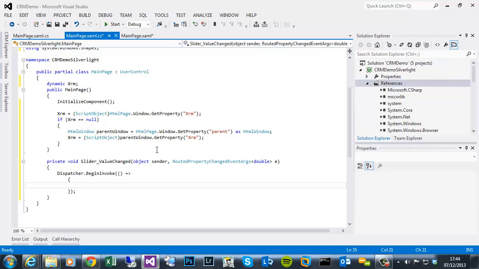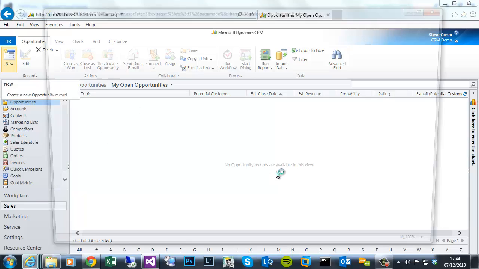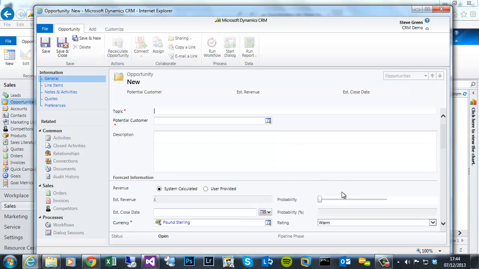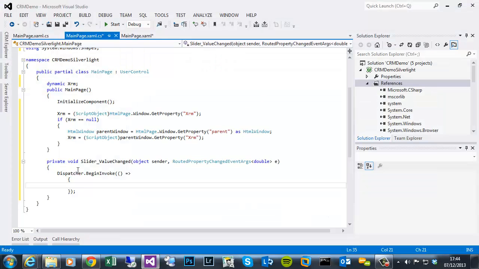So if I recap, the UI thread where the control is actually housed, so the control on this form, this Silverlight slider component, is on the same thread as the user interface. When we move it, it triggers an event handler for the value changed, but that event handler, on a different thread, hasn't got access to this user interface. So if we want to change the potential customer field or the probability percentage, which is the one we're actually going to change, we need to use this method, Dispatcher.BeginInvoke, which then calls back to the main user interface thread, passing in the commands that we want to do. So we can do our XRM